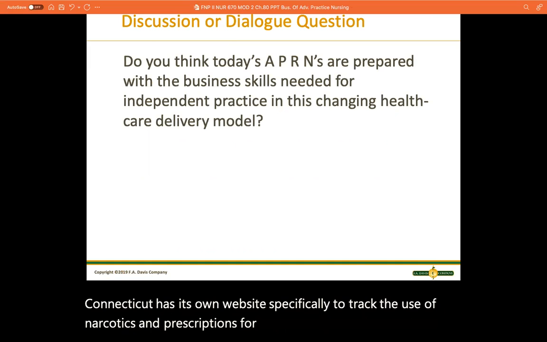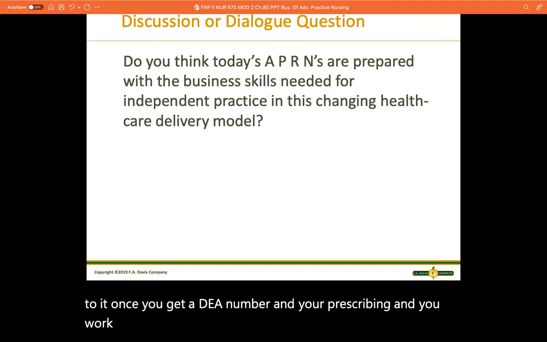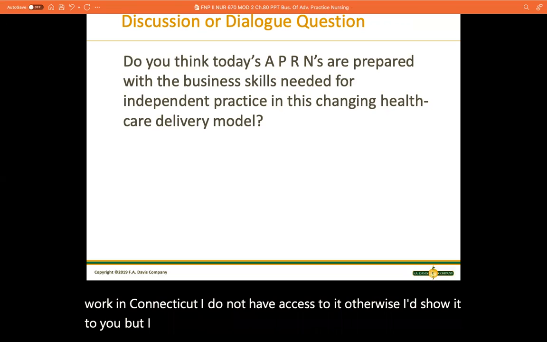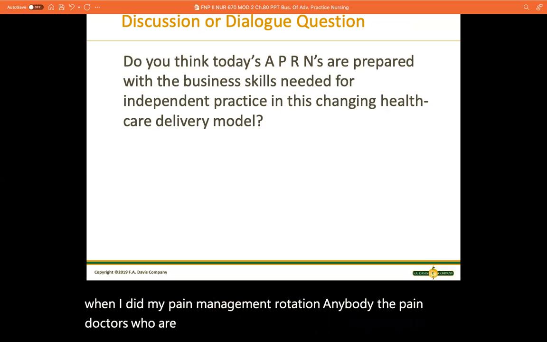You guys will have access to it once you get a DEA number and you're prescribing and you work in Connecticut. I do not have access to it, otherwise I'd show it to you, but I did see it quite a bit when I was in pain management, when I did my pain management rotation. The pain doctors who are prescribing, they go and look at this website and they're able to see from